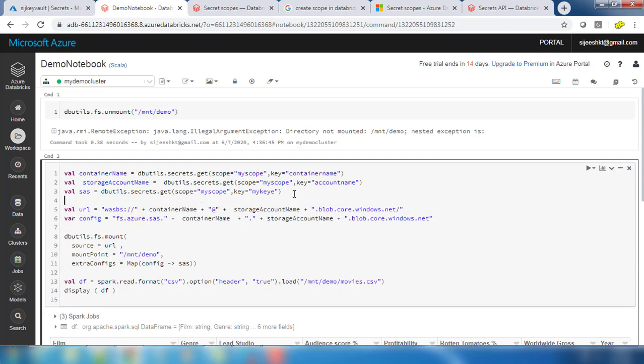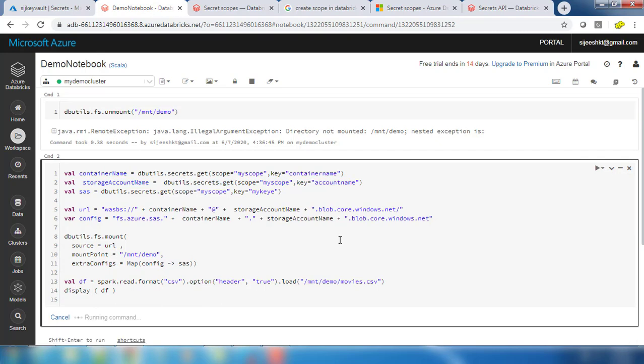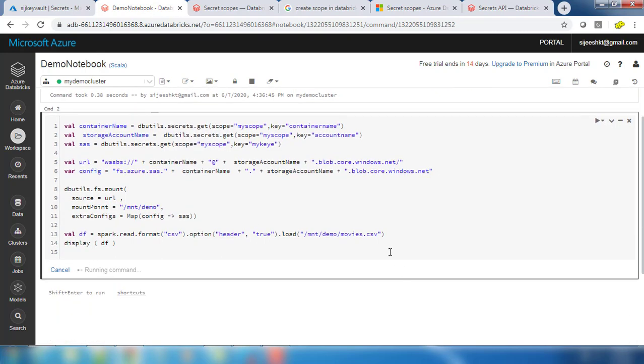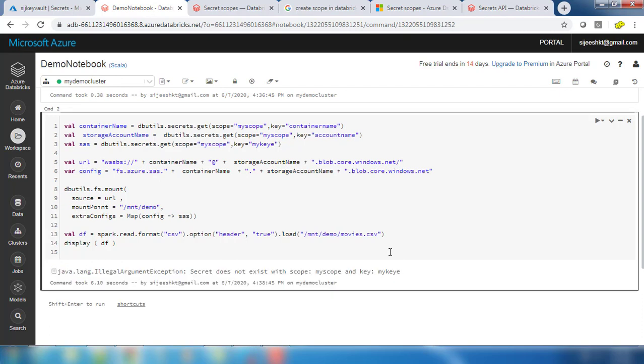If you look at this code, you can see just one function and a key name. You cannot see the actual value, because the values are stored in the key vault in the backend. Let's run this cell and see whether it works. dbutils.secrets.get says the secret does not exist.